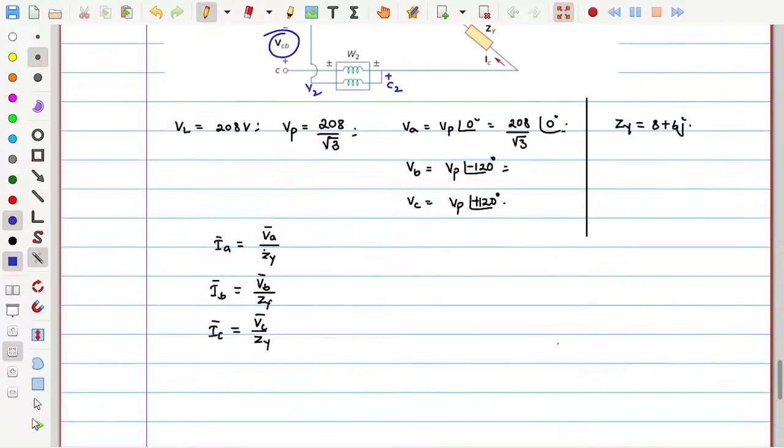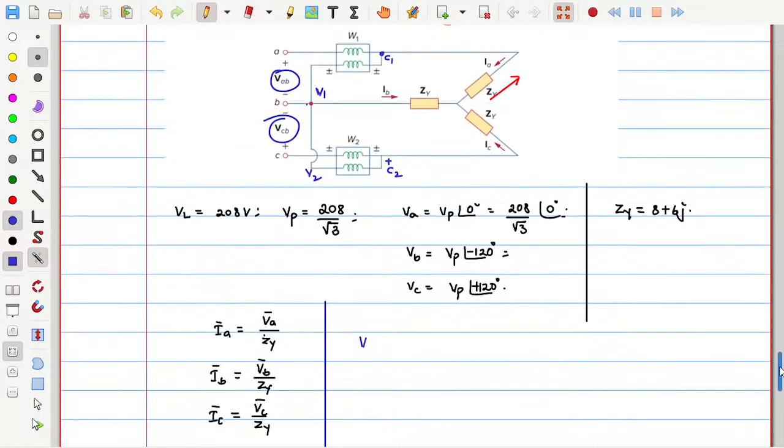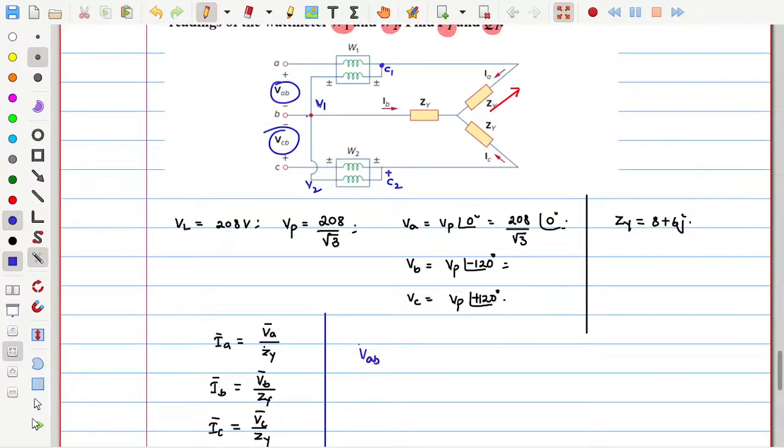So what I need is VAB, which is equal to VA minus VB. You calculate how much that is. We know VA, VB, VC. VCB is equal to VC minus VB. Substitute these values and you will get some value. Once you get VAB and VCB, along with IA and IC,